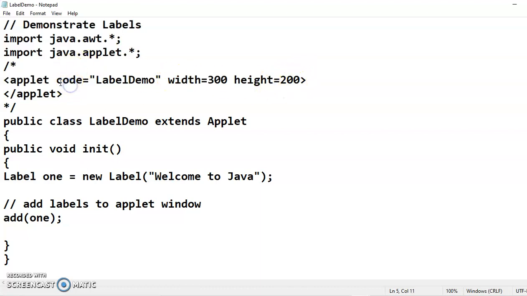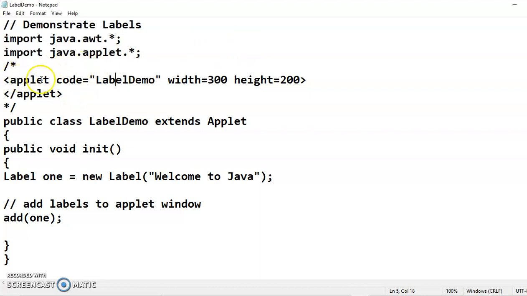This code parameter equal to has a value which is the same as the class name. So whatever class name you keep, this code will have the same value. As you already know, in Java we save the file with the same name as the class name. So the class name is used here also in the applet code.